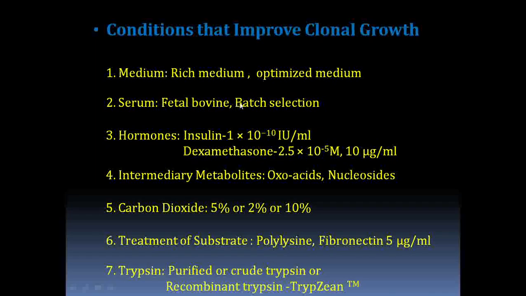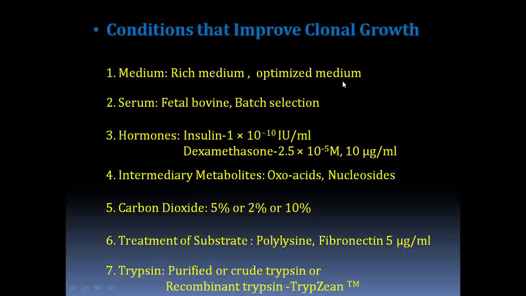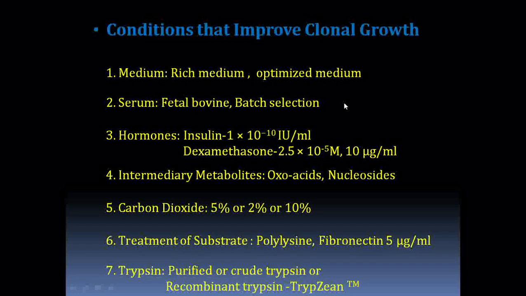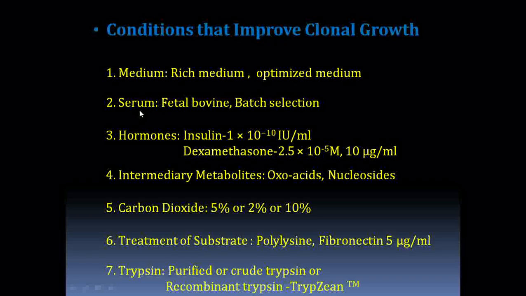And here again, the way I have optimized the medium, I can perform a batch selection. What I can do in a batch selection is test a batch of different serums to see which will support the growth of my organism or a cell of a particular type to be used. So accordingly, that batch I can consider as the best for that particular type of cell. So I can scrutinize the serum that I need to add.